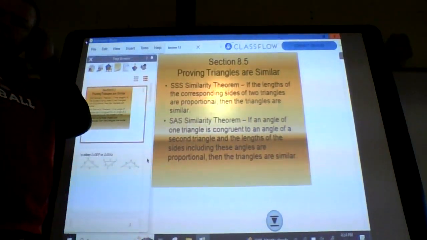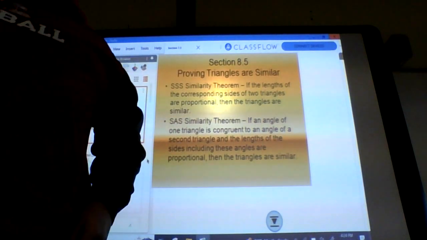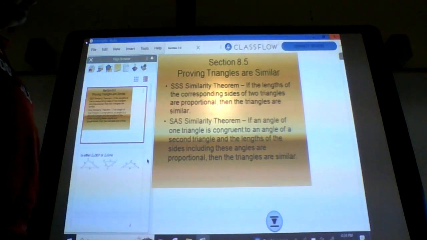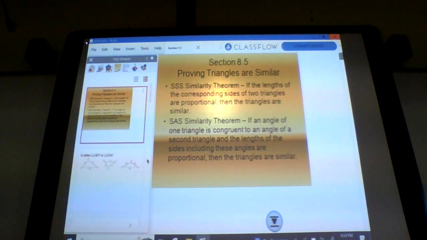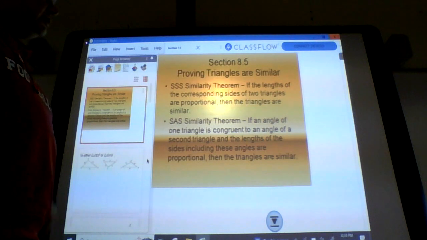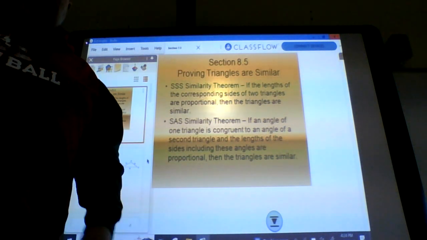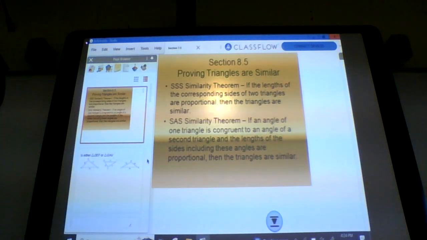Okay, today we're going to take a look at the remaining two ways that triangles are similar. And the first one is side-side-side similarity. If the lengths of the corresponding sides of two triangles are proportional, then the triangles are similar. Side-side-side similarity is the same as congruence except for the sides being